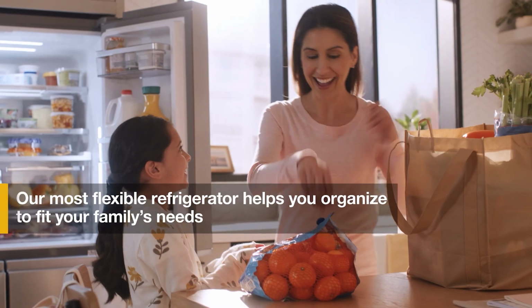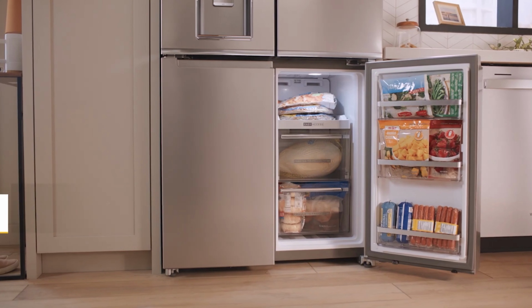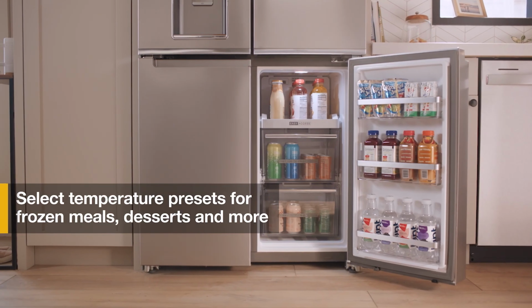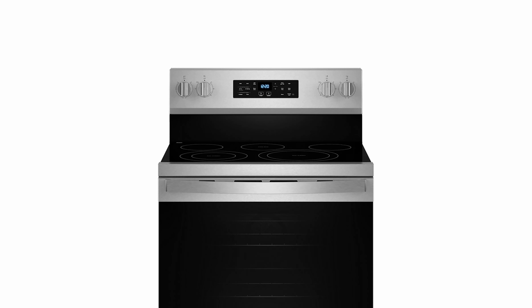The refrigerator features a spacious 24.5 cubic foot capacity equipped with adjustable glass shelves, humidity-controlled crispers, and a frost-free freezer. Its fingerprint-resistant stainless steel finish ensures a sleek, professional appearance while minimizing smudges. The 30-inch freestanding electric range boasts 5 radiant burners, including a high-power 3,000-watt element and a 5.3 cubic foot convection